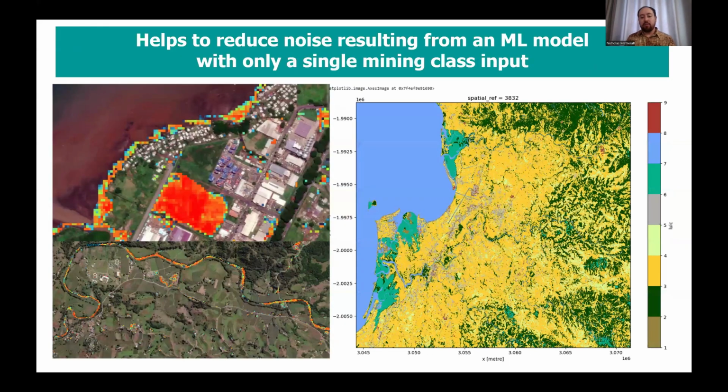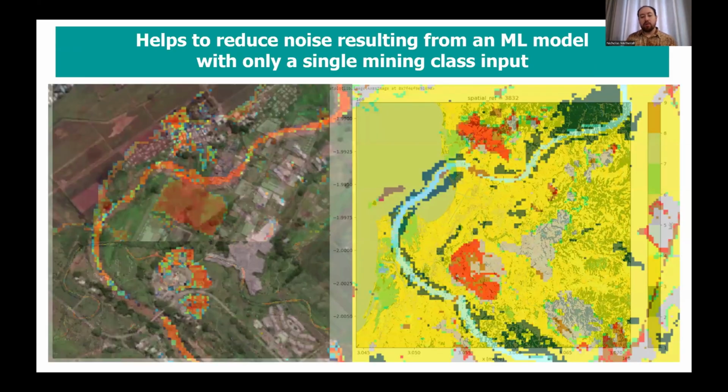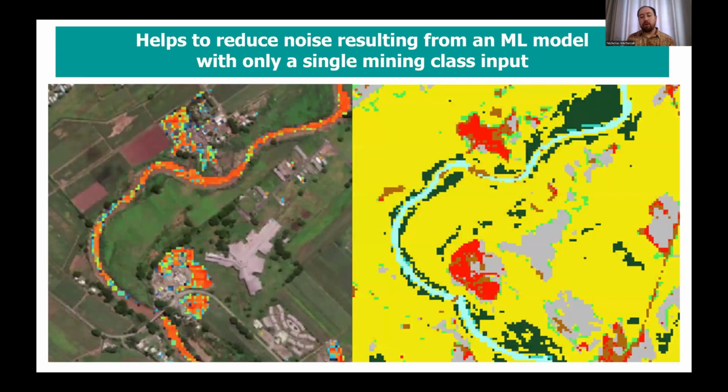And so we've developed a machine learning model based on training data to help us identify these areas and spatially prioritize where further monitoring in the field needs to be undertaken. We've moved away from our previous approach, which was a logistic regression model, which had additional noise and sometimes overestimated the likelihood of mining, to a random forest classifier, which has isolated some of the stockpile areas as shown here on the right.